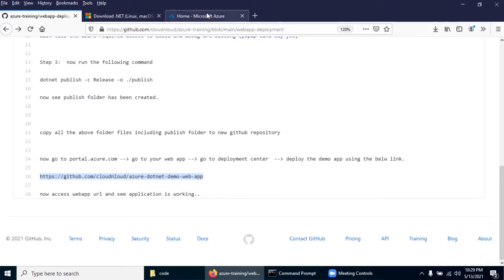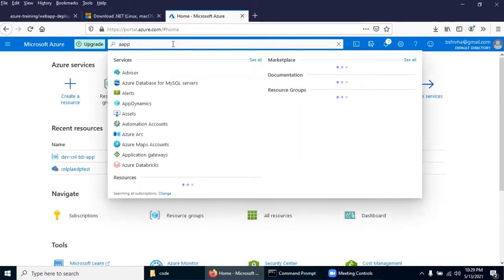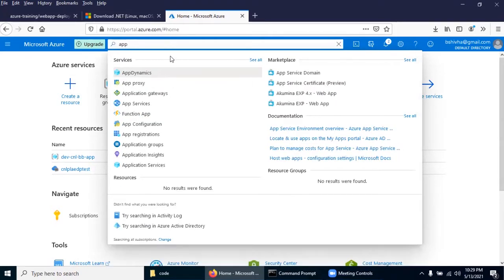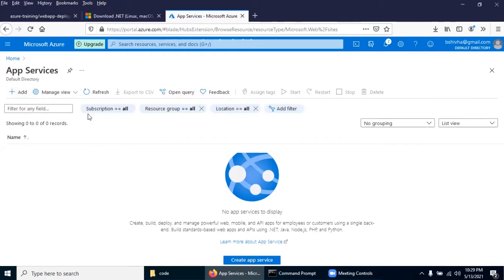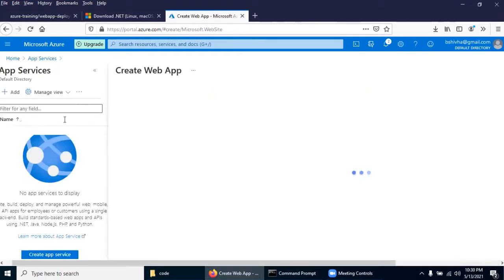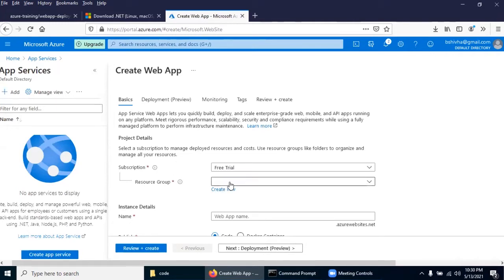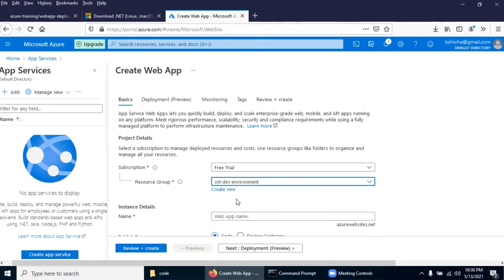Now what we are going to do is go to portal.azure.com. Type app, and you will see App Services. Click it. Say create, to create one app service. Then we select a resource group.